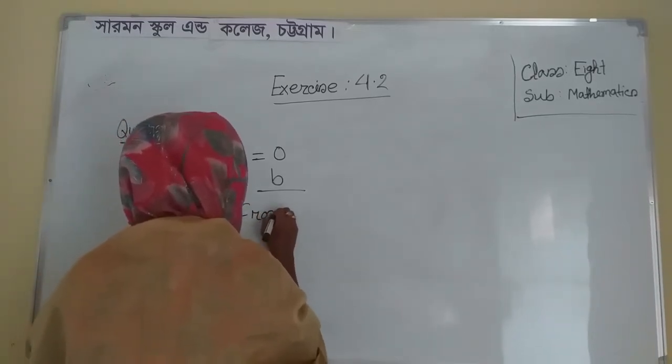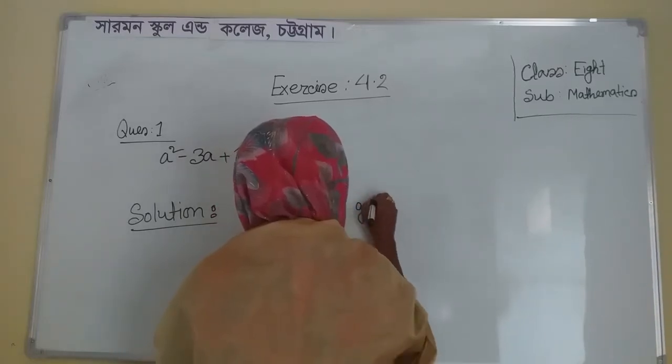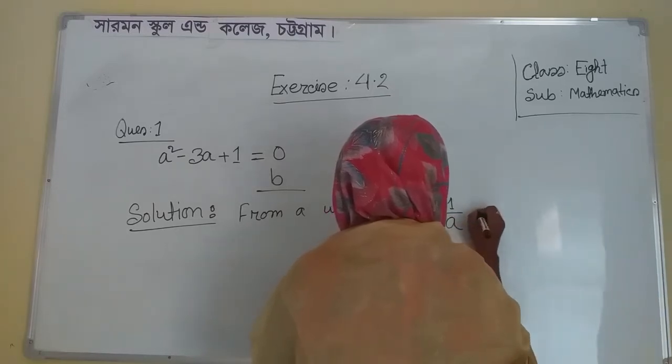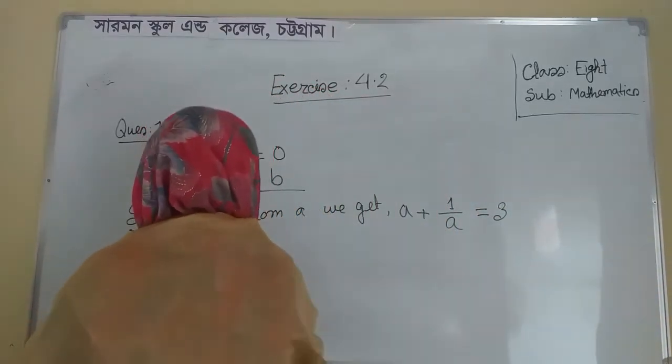From A, we get a plus 1 by a equal 3. Now,